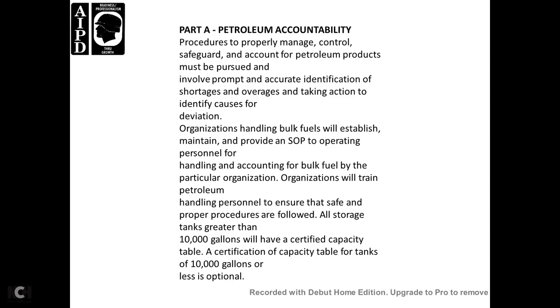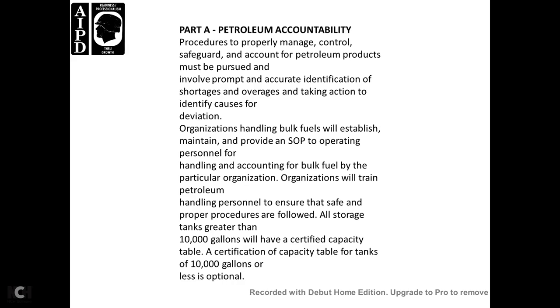Part A, petroleum accountability. Retrieve the proper manual from the control safe and order a count of the petroleum product. Action must be pursued promptly and accurately, with identification of any shortage or overage. Take action to identify the cause of the deviation. The organization handling bulk will establish an SOP operating procedure for the handling and counting of